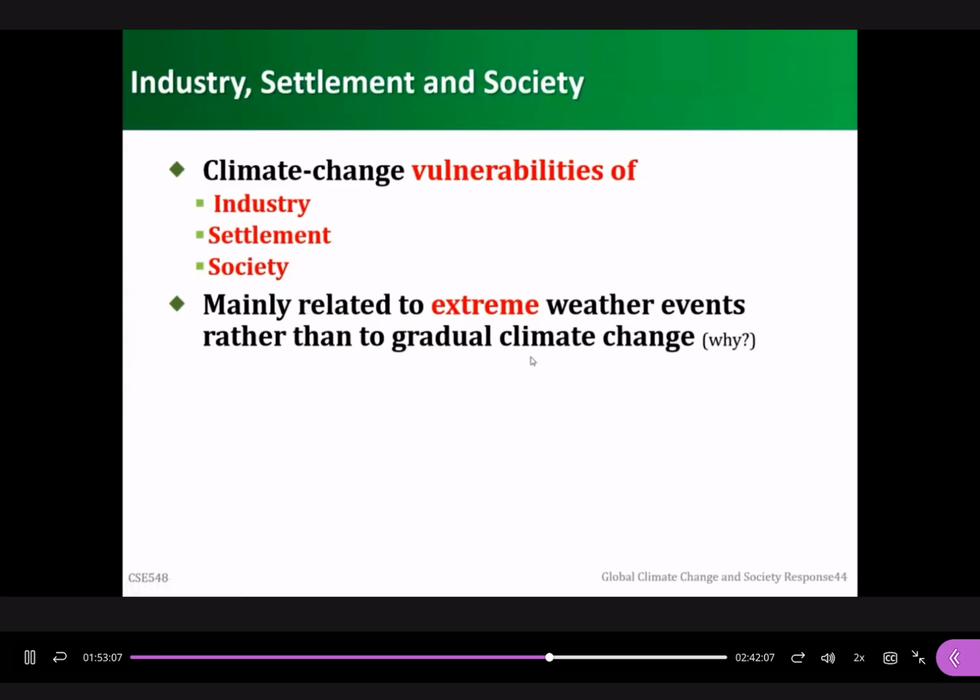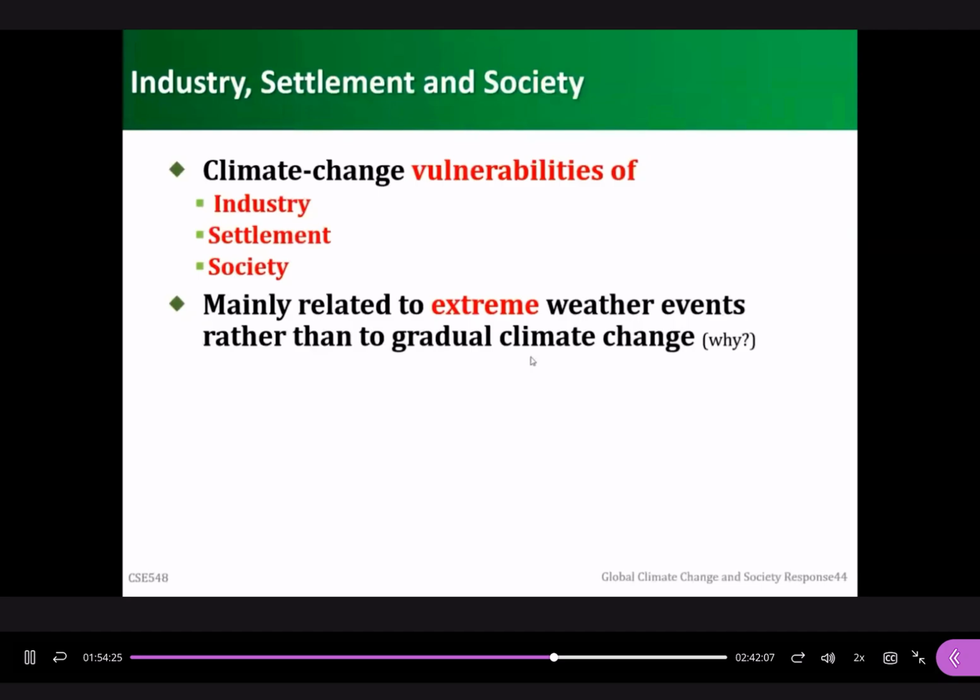So why is it mainly caused by extreme weather events, not the average temperature increase? You can think about this. It's because for industry or for humans, our activities are mainly inside the buildings. The average temperature increase is just 1.1 or 1.2 or 1.3 degrees Celsius, so it doesn't have much effect on industrial activity inside the buildings. Nowadays we have air conditioners to control the temperature inside the buildings, and a 1.2 degrees Celsius increase is not a big factor for the building's inner temperature.